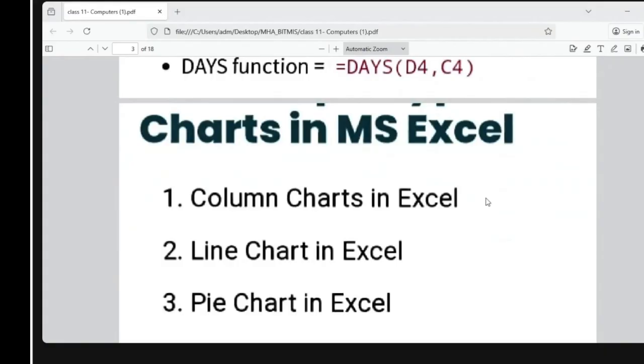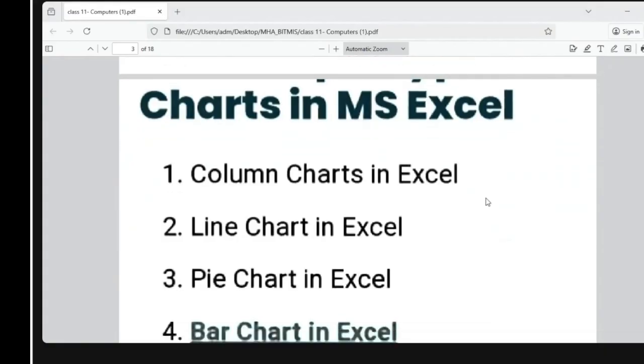Next, MS Excel is also very important for chart preparation. Sometimes we have to present numerical data in the form of graphical charts. Suppose I'm giving the results of some students, with the marks they score, the highest marks and the lowest marks, and I want to show them in a chart. A chart is a graphical representation of any numerical data, or whatever data you want to present. MS Excel also provides these features.